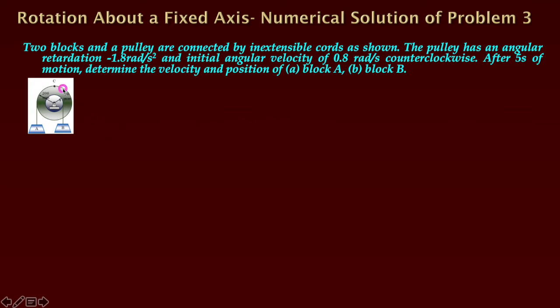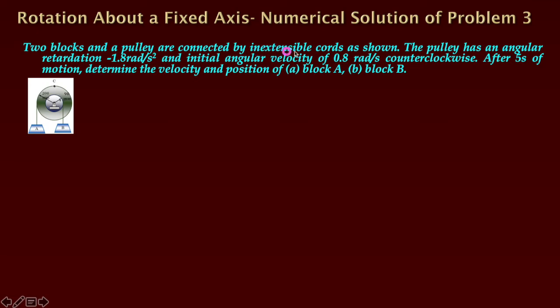In this third problem, there are two pulleys attached together, meaning there is no relative motion between these two pulleys, with different radii. Here the smaller radius is 90 mm, whereas the bigger pulley radius is 200 mm. Now two blocks are attached: block A with the bigger pulley, and with the smaller pulley another block, B.